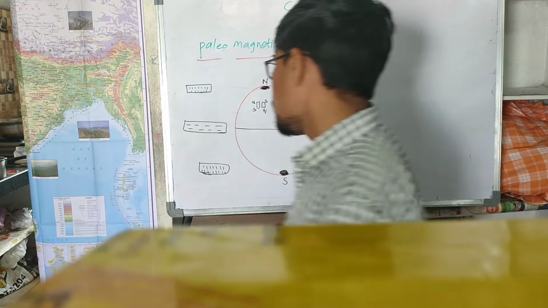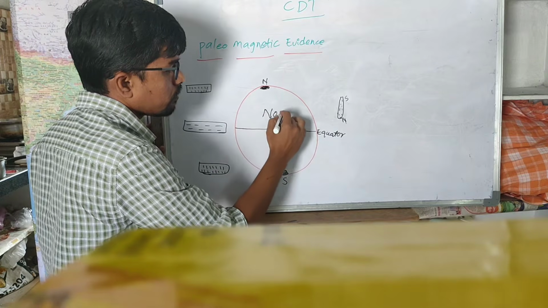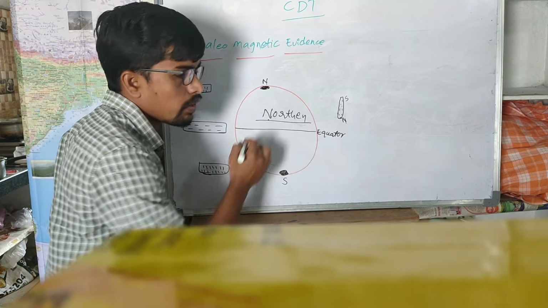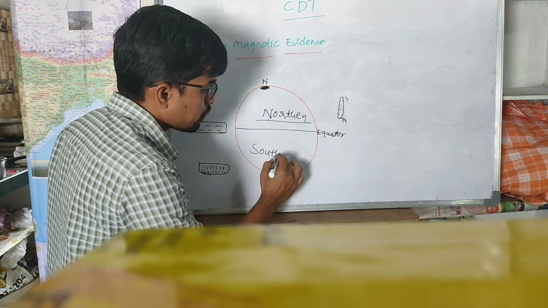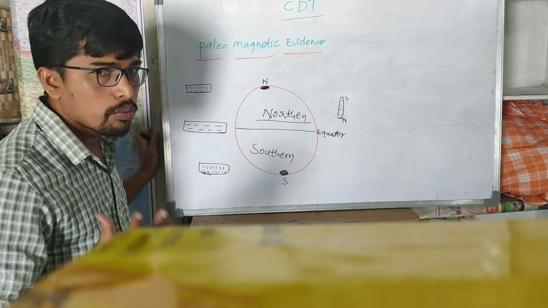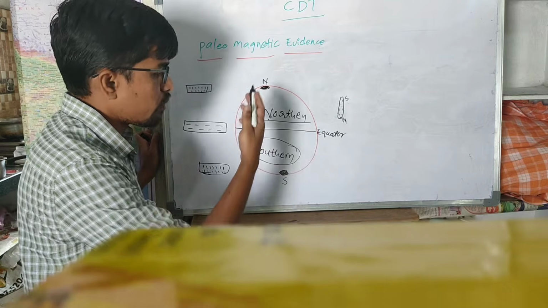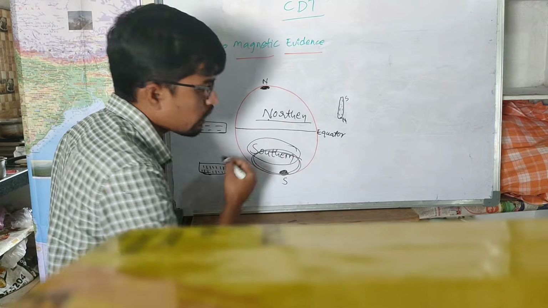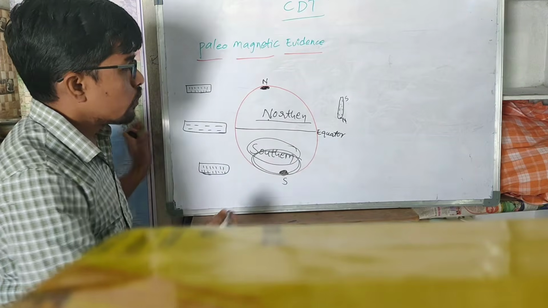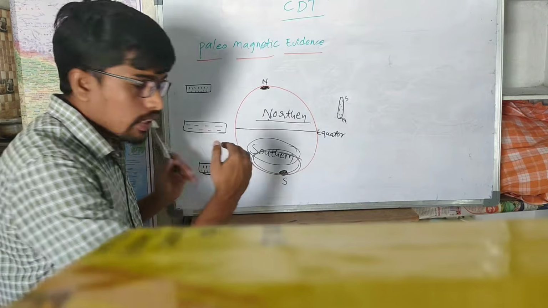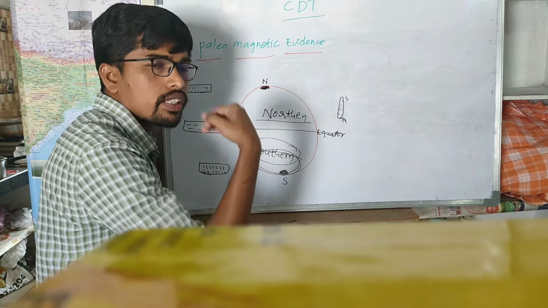Right now, the huge mass of the earth is present in the northern hemisphere. All the continents, the major land mass, are present in the northern hemisphere. Most of the water body is present in the southern hemisphere right now. But during the Carboniferous, a huge landmass, the Pangea, was present here, and the remaining was water body. So when the continental mass is moving in the westward direction, in the northward direction,